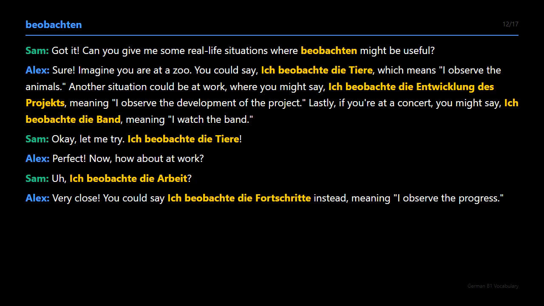Another situation could be at work, where you might say, Ich beobachte die Entwicklung des Projekts, meaning I observe the development of the project. Lastly, if you're at a concert, you might say, Ich beobachte die Band, meaning I watch the band.